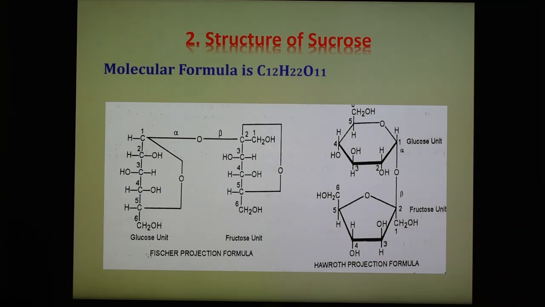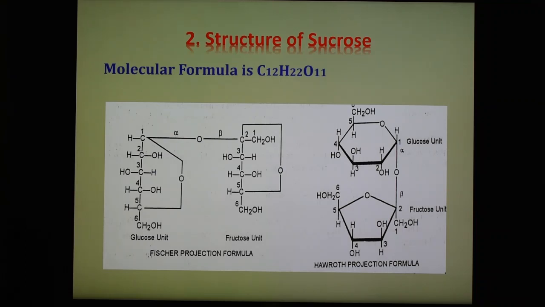products, glucose and fructose, and this suggests that sucrose is made up of 1 glucose and 1 fructose unit. The size of the ring of the monosaccharide units and the nature of linkage in this compound can be explained: sucrose is a non-reducing sugar, and therefore both the glucose and fructose units in sucrose are linked through their respective reducing, or we can say glycosidic, centers. The stereochemical nature of the glycosidic linkage is shown in this slide, and the enzyme maltase, which is specific for the hydrolysis of alpha